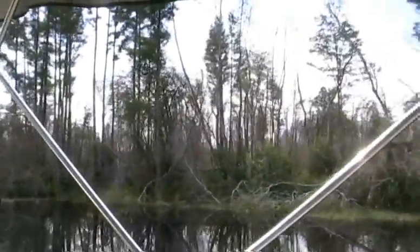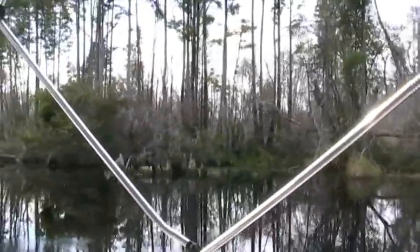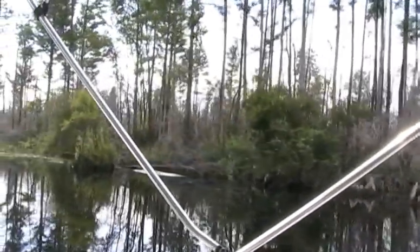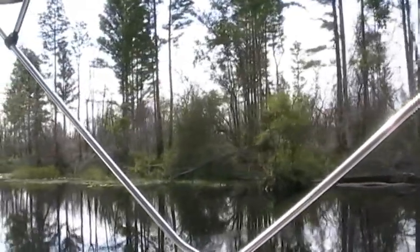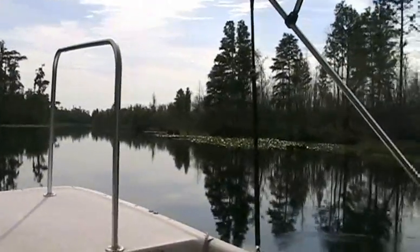If you remember the signpost that's pointing out in the canal right there, that's the boundary marker for the wilderness area. So what that means is we're not allowed to do anything past that sign to manage the swamp. We're not allowed to do anything that will harm or benefit the swamp in any way. And so before the fire, so we're